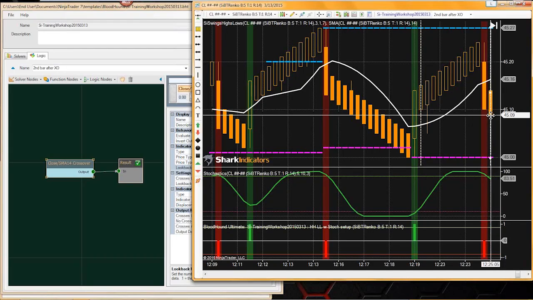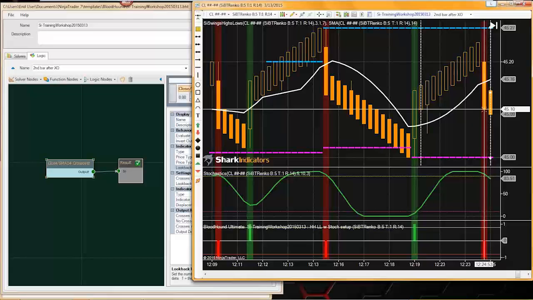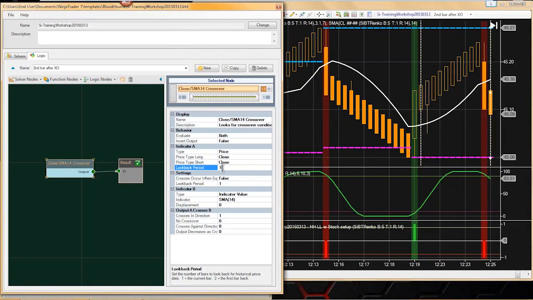So what we really want to do is look back to the previous price, the previous closing price, and see if that is actually what crossed that SMA. So I think we just need to change this look back to 2,